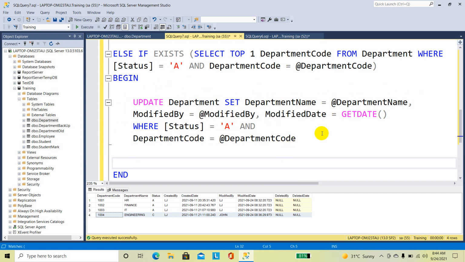After updating, I am going to give one select statement here: department detail updated successfully.